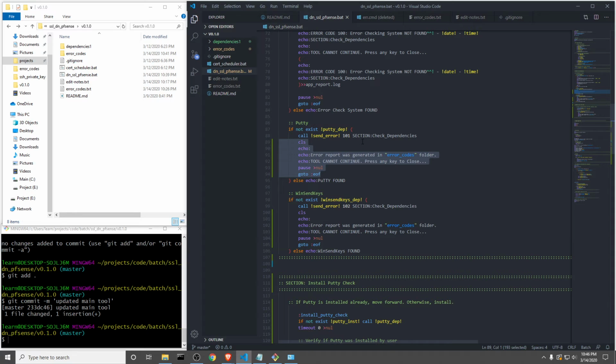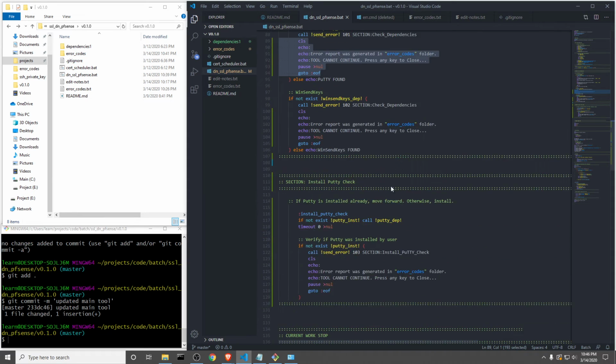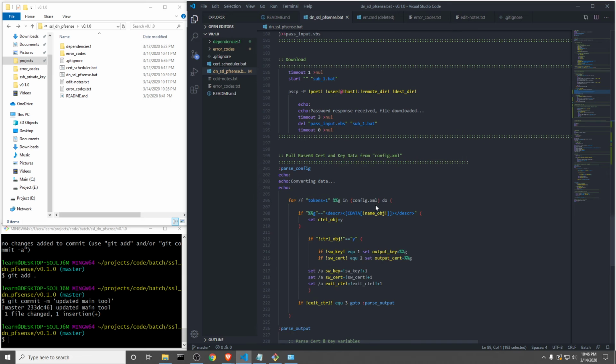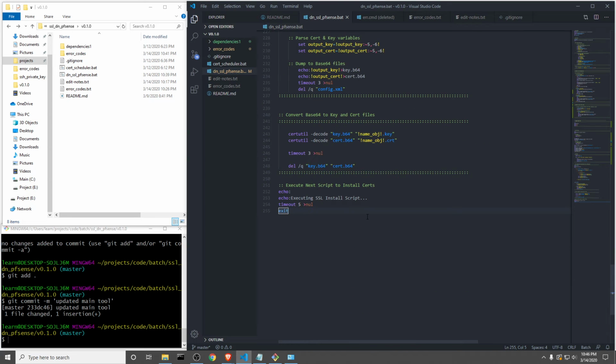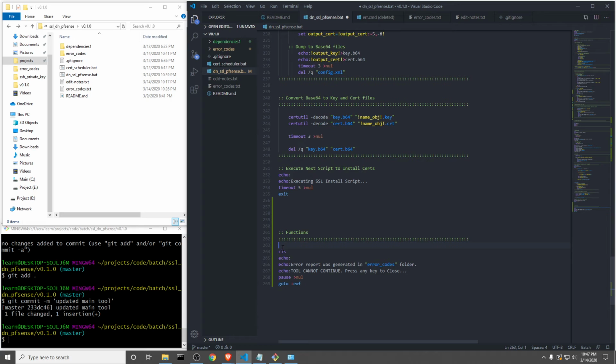So after this runs, we can just do this. We'll put this at the very bottom, beneath the exit. This is where usually you'd put your functions, and at least in batch, you can put them at the very bottom, just beneath the exit, which is a good place to put them. So we'll just call this functions. And this one is going to be called